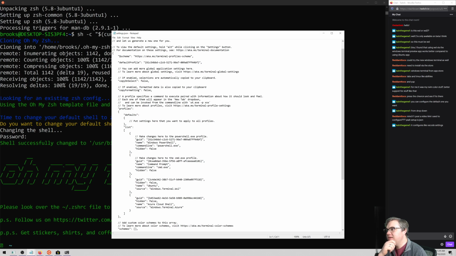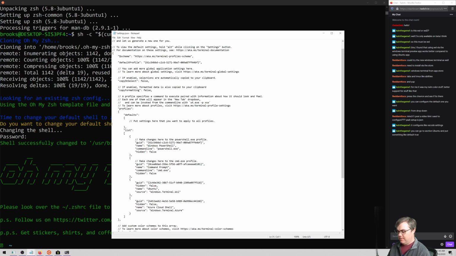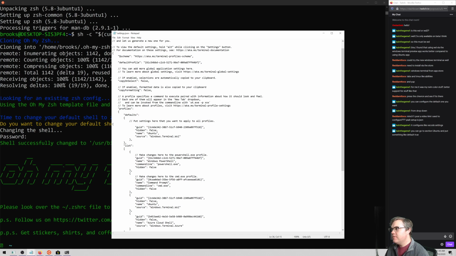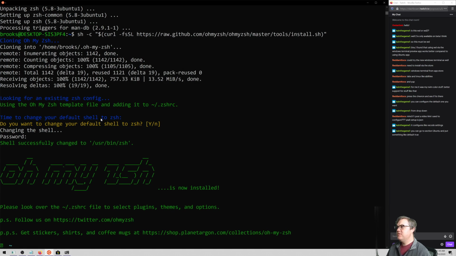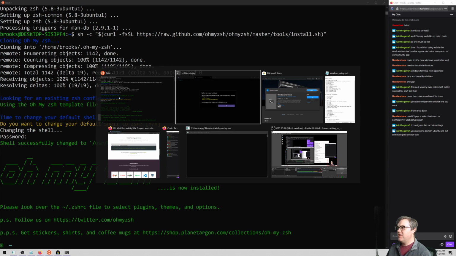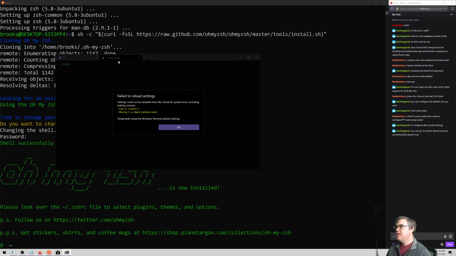Put settings in here you want to apply to all defaults. So I want Ubuntu, so I'm just going to copy you, put you in here. I think that's the idea here. Take you out, save you, close you. Where did you go? Failed to reload settings. Oh, syntax error.